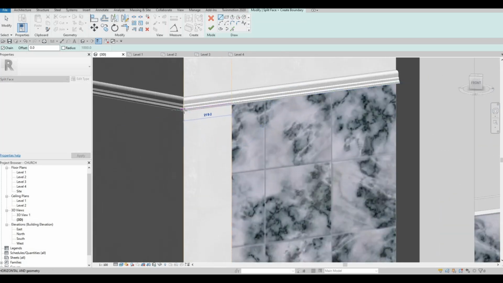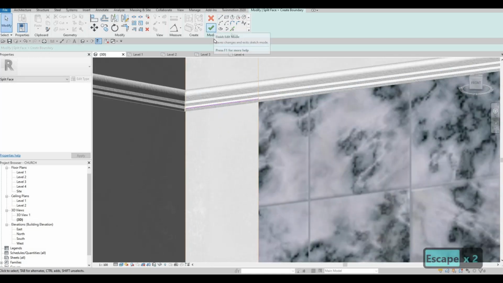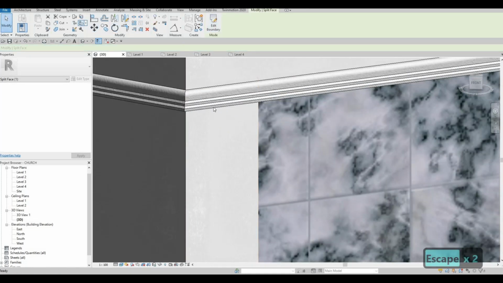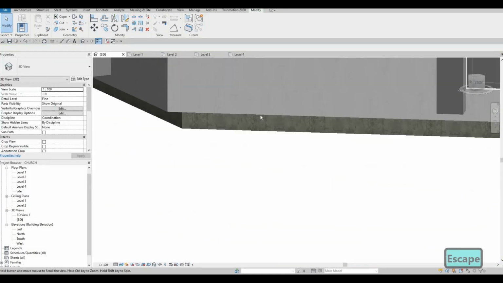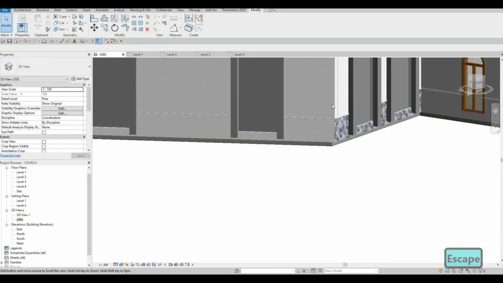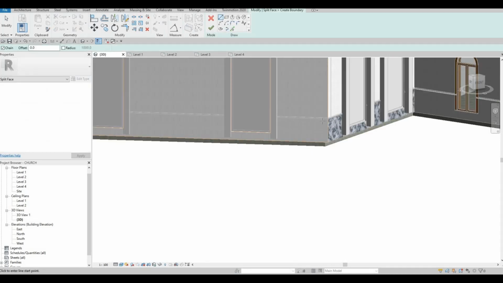It's right there up to right there. Click finish, and then click on paint, and then select that. So I'm gonna do it on this just to show you guys. And then here,